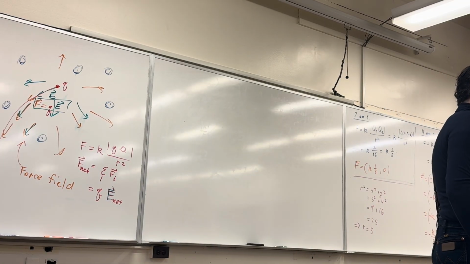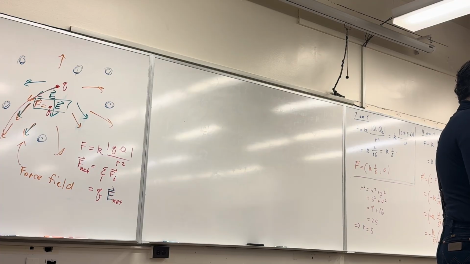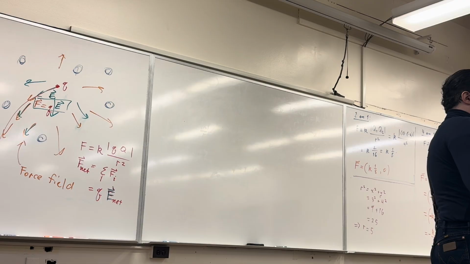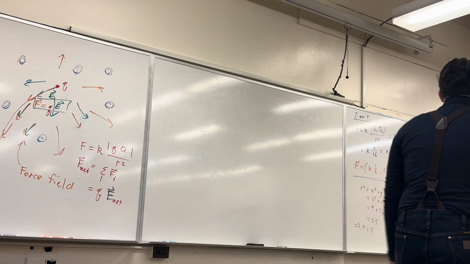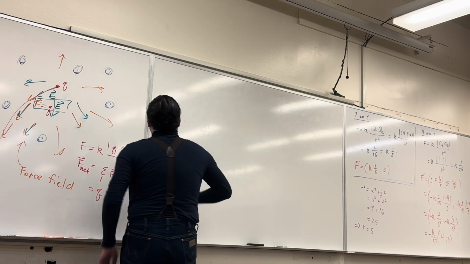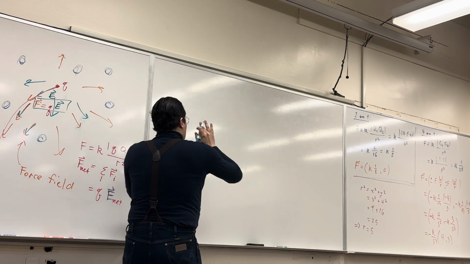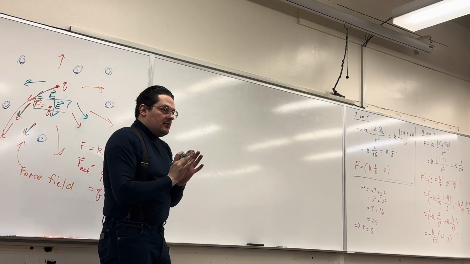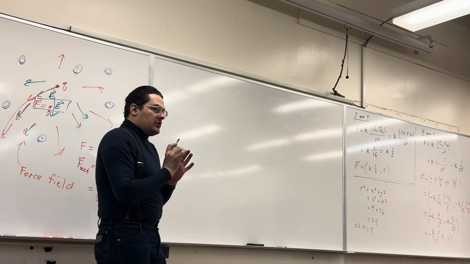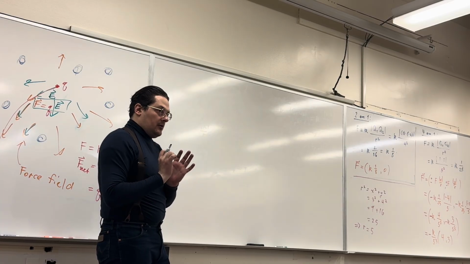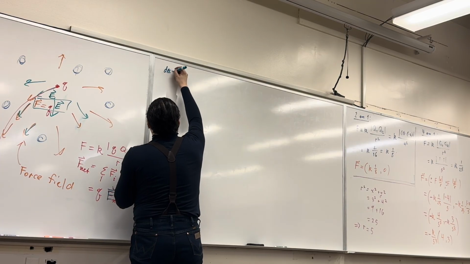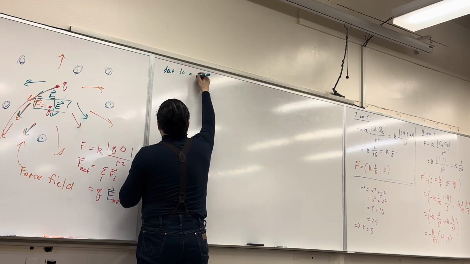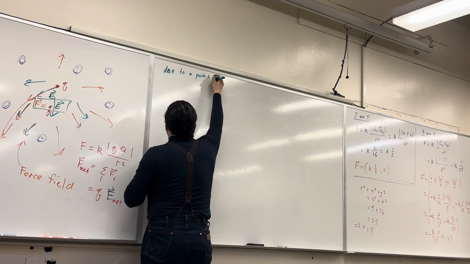So here's my question. So the electric field is just little q times big Q over R squared, right? That's the electric field contribution. Hold on, let's go one step at a time. So there is an electric force that is exerted on each point particle due to each other point particle. So let's say due to a point particle,